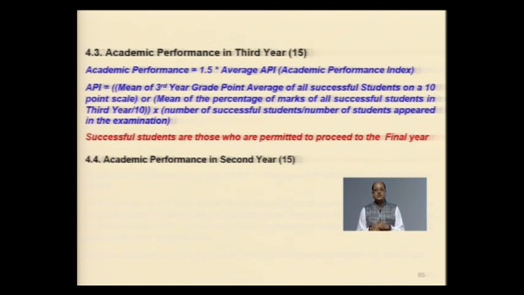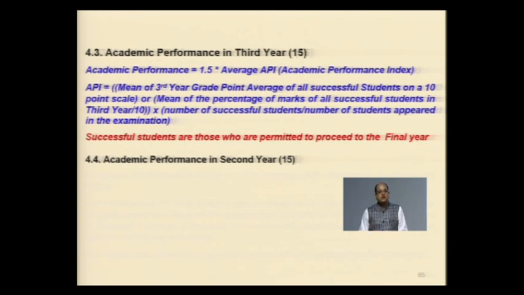What academic performance typically means: for the students who are permitted to go to the final year, how have they fared on a 100-point scale individually. It is the mean of the third year grade point average of all students. For example, if a 10-point grade point average scale is followed in an institute or a university, then what